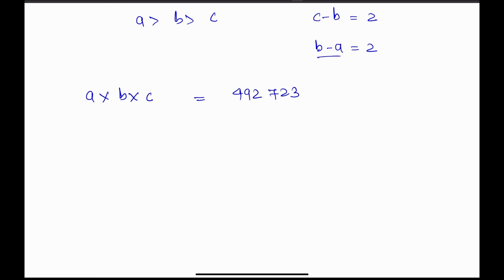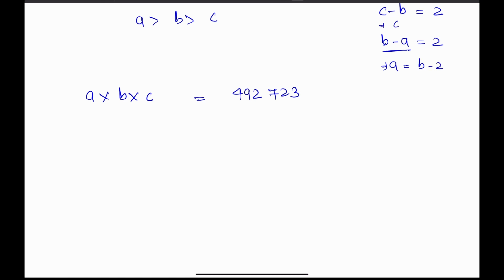Like we can write a equal to, with this equation we can write a equal to. Right now what I'm trying to understand is what alternative I can use. So a equal to b minus 2, and I can write c equal to b plus 2. Okay, so if I write like this, b minus 2 into b plus 2 equal to